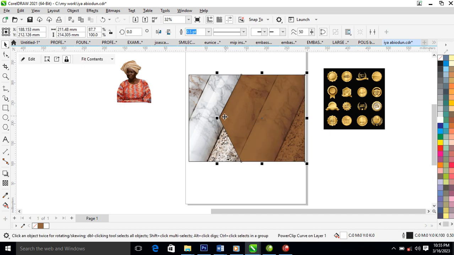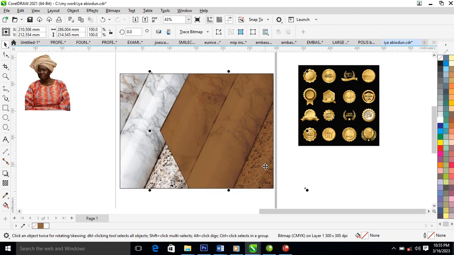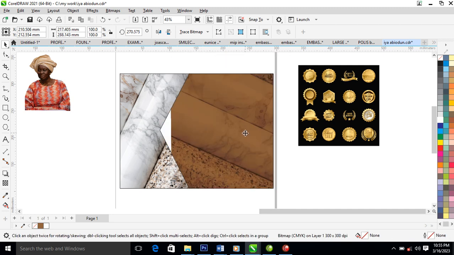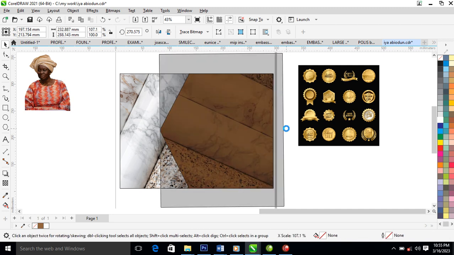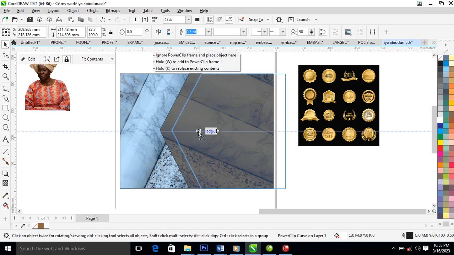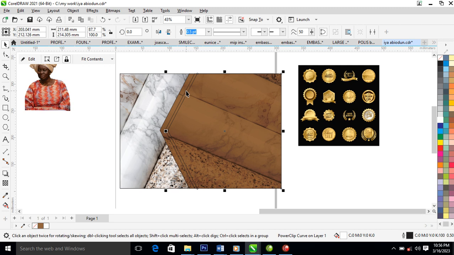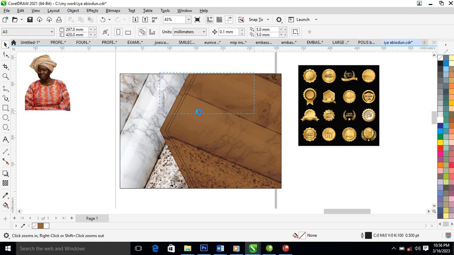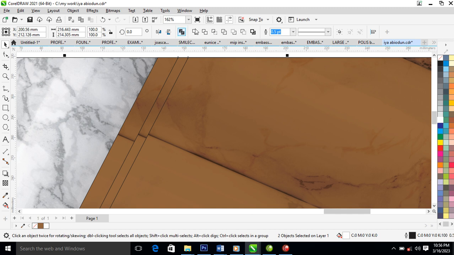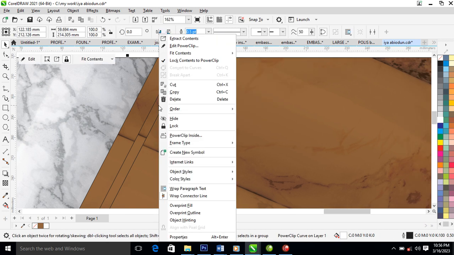Good. So right now let's tweak it a little bit. After that, let's make a copy inward, then make a copy again. Then hold the Shift key to select both of them together, then you trim. After that, delete this, then extract this content,